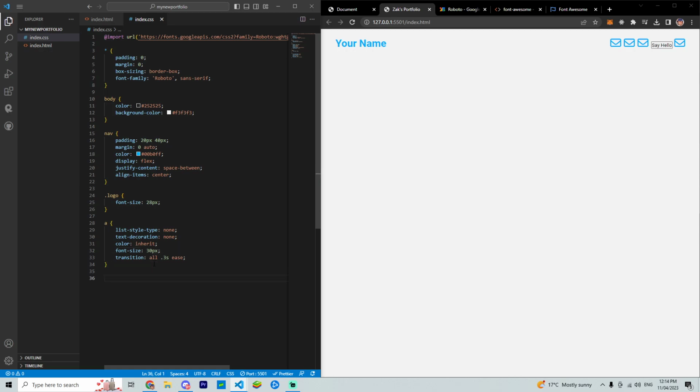Now what we do here is A, and then we use this colon and hover. Now in the hover state of the A tags, what do we want to do? Well, we want to change the color, and we're going to change it to this color, 95D9F8. And this is just a lighter version of this. Now watch what happens when I hover over it. See? It's going that little bit lighter, and it just lets the user know that you're hovering over it without